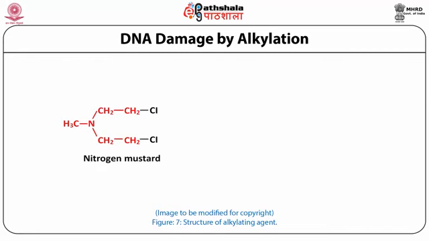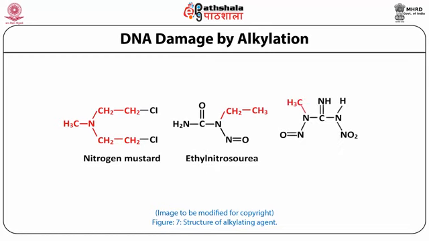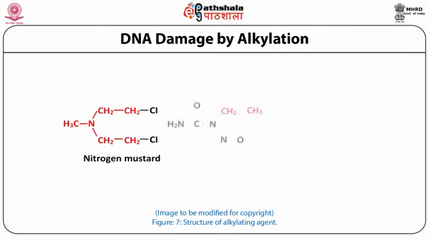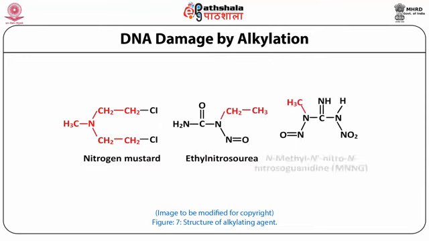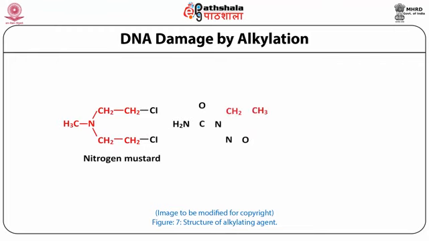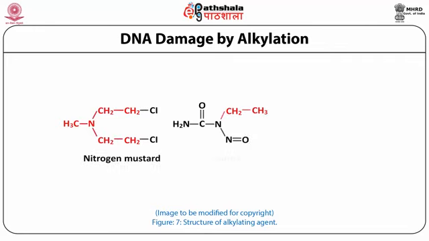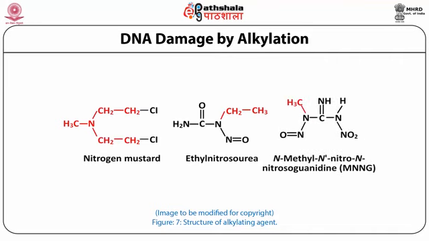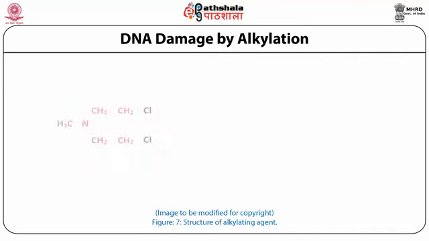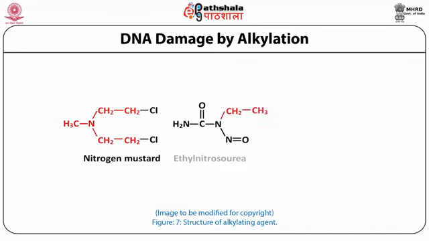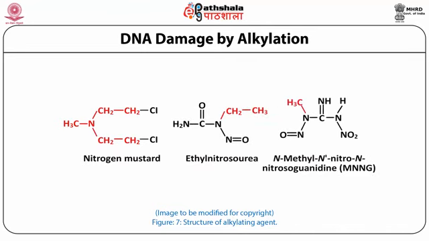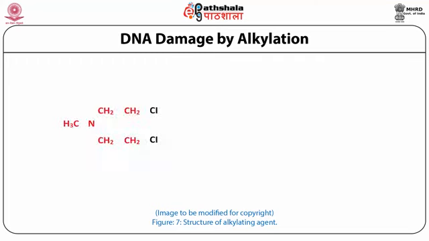Transfer of alkyl groups such as methyl, ethyl, propyl, etc. to the electron-rich atoms of DNA by a highly reactive group of electrophiles leads to damaged DNA by alkylation. Alkylation takes place at nitrogen and oxygen atoms external to the base ring system, the non-bridging oxygen atoms of the phosphate group, and nitrogen atoms in the base ring except those linked to ribose